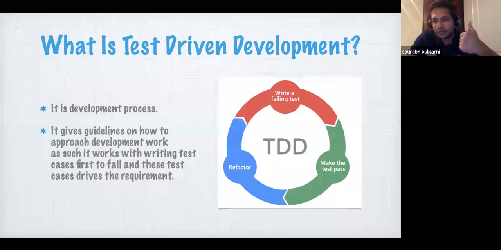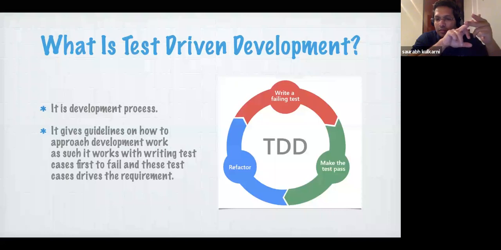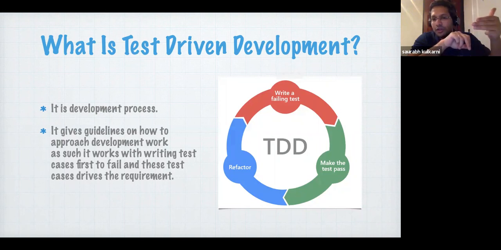Step one, see the requirements. Step two, write the test for that requirement. Make sure that the tests are failing, which you will see in the diagram, the red one: writing a test which is failing. Then write the code so that the test passes. Change the code, which is nothing but the refactor in the blue. When you refactor, you write the code until the test passes. So when you write the code and make your test pass, when you follow these three steps, you are doing TDD.